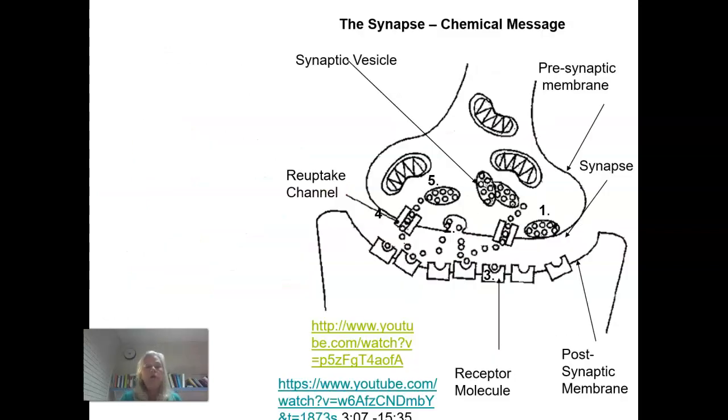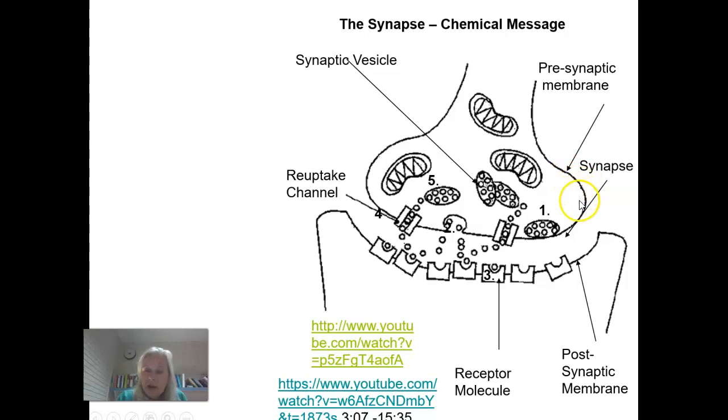Okay, now we're going to look at the process of chemical transmission. So, first of all, you should label these parts. Turn the page of your diagram and you'll see one that looks just like this. So what we're zeroing in on is the area between the terminal button and the dendrite. Again, if you need to pause or listen, please do that. So let's label this. This is the terminal button. This whole area here is the terminal button.